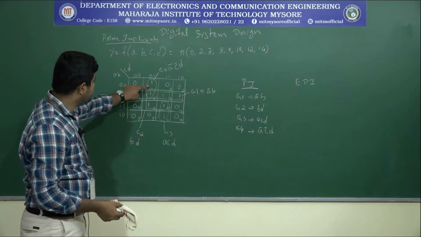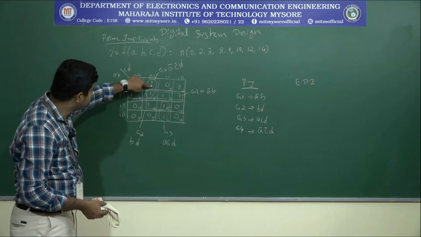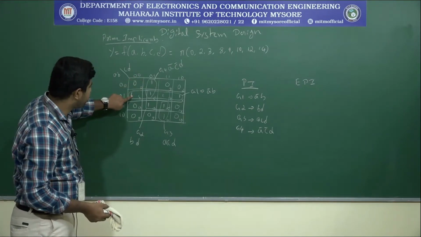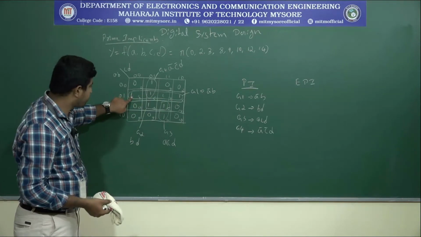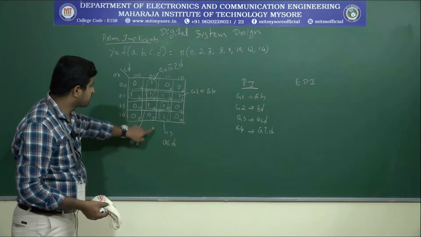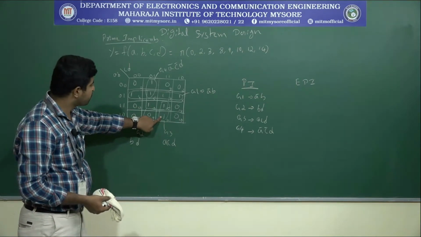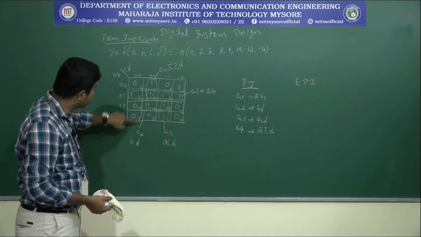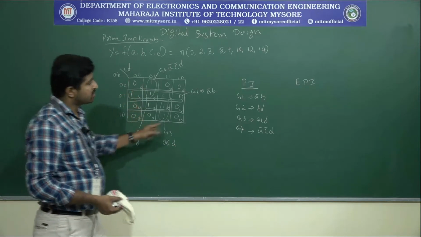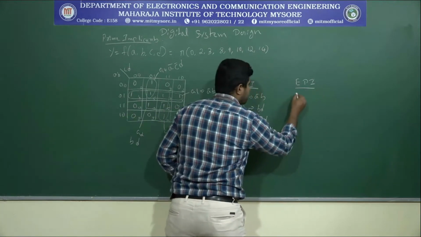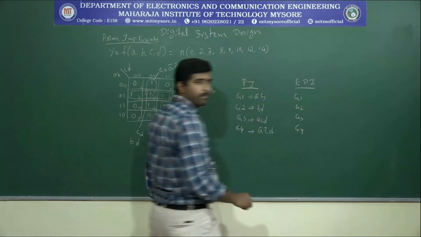So if you see this one actually, cell number 1 is not shared with anyone, so it's a unique min term. Again, group 1 has 4 and 6, and these two are unique min terms. Again cell number 3 is a unique min term, and cell 11 is also a unique cell. So that means group 3, group 1, group 2, group 4, all are essential prime implicants. So the essential prime implicants are G1, G2, G3 and G4.